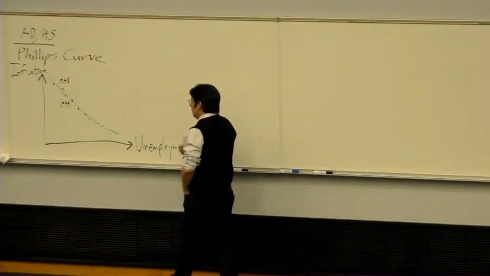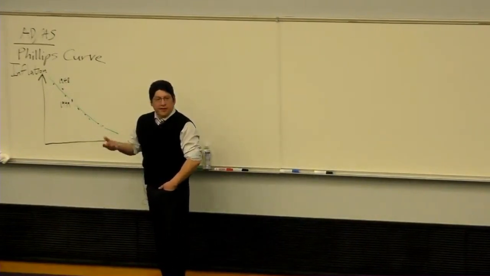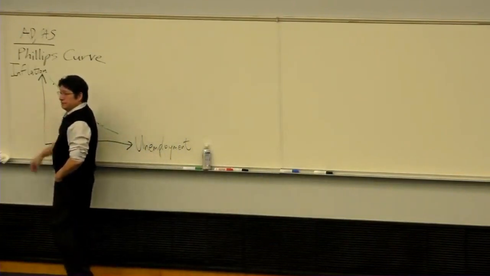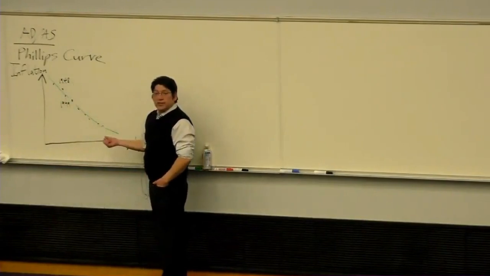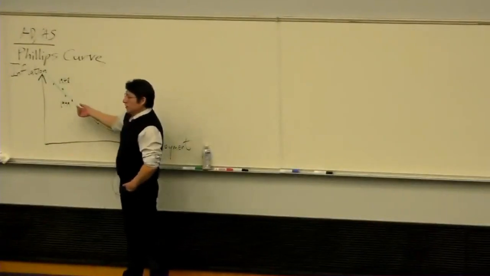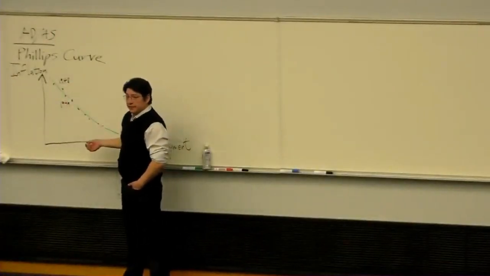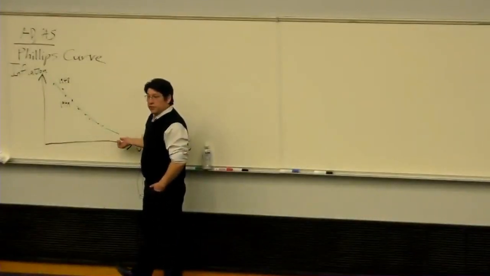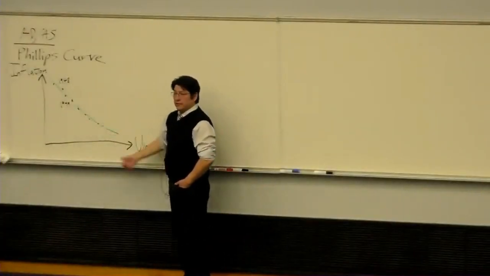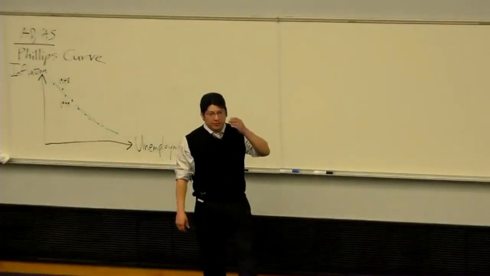Second, if you're a policymaker, let's say you run the Fed, you might look at this and say, well, that's unfortunate. As the Fed chairperson, I don't like unemployment. I don't like inflation either. This would seem to suggest that I can decide which one I want to prioritize fighting, but if I fight unemployment, I can only do so at the cost of having high inflation. If I fight inflation, I can only do so at the cost of having high unemployment. So that's another common interpretation of this figure,